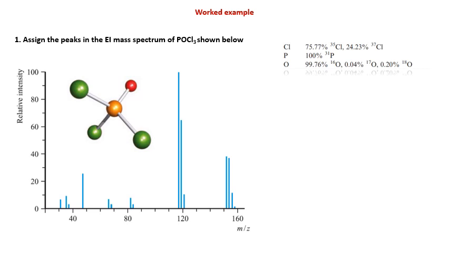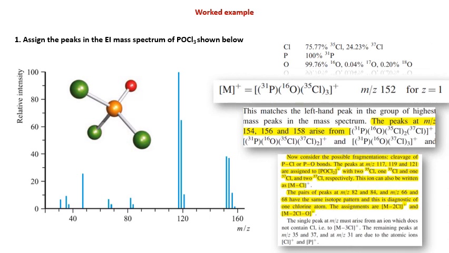Now first determine the m by z value for the peak that you are expecting of your parent molecular ion M plus peak, using the most abundant isotope. Now you can see that the molecular ion peak for the POCl3 molecule, you can take the most abundant form of the isotope: 31P, oxygen 16 and 35 chlorine, and if you calculate all these